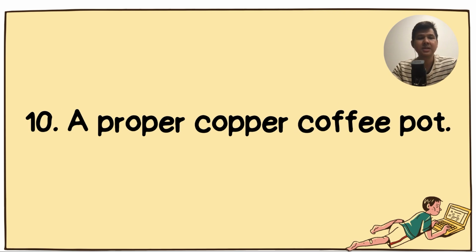Let's try number 10. A proper copper coffee pot. Can you try to read it a bit faster with the rhythm, like this? Proper copper coffee pot. Proper copper coffee pot. Okay. It's very fun, this exercise, and it can improve